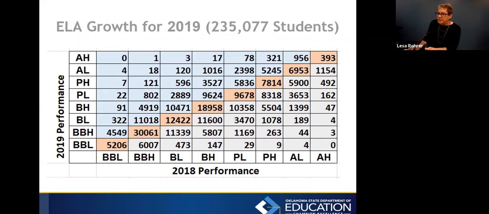On the higher end of that, our advanced high students, what are we doing to support those students as well? When we look at this, we didn't have any students that were advanced high and then fell to below basic low, so that's some good news. And when we're thinking about these trends, I'd also want to look at that by grade level if I were at a site.